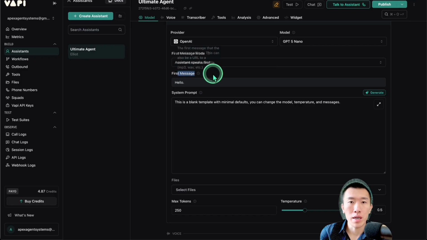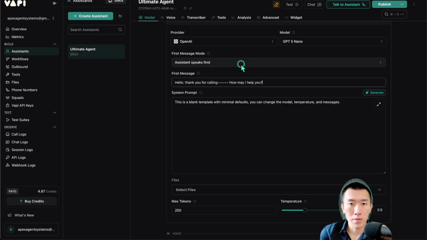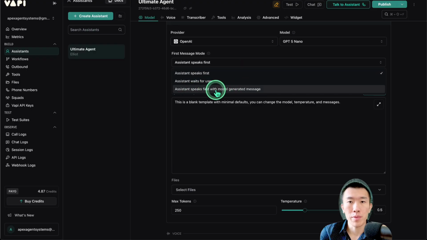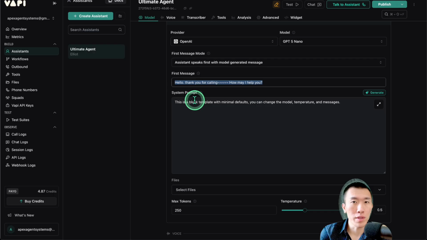Next, we need to look at our first message. This is basically, what is the agent going to say when they answer the phone? So this is pretty simple. It's usually just something like, hello, thank you for calling whatever business. And then how may I help you? Now, don't actually write this in. I'm actually doing this because we're later going to change it to assistant speaks first with model generated message. So we can actually just ignore all of that completely because we're basically going to put it into the system